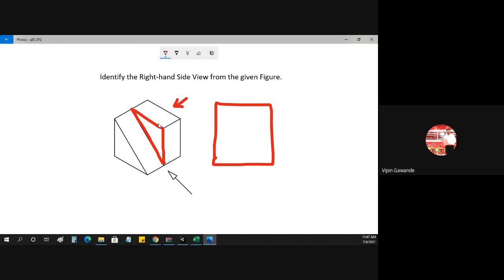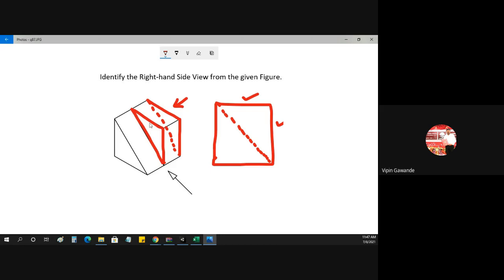Now we have to transfer this triangle onto this surface here. So one line, this line gets transferred here, another line, this gets transferred here. Now two lines come on the boundary. Boundary lines are always dark. Do not make them dotted. Now this is the third line, which is coming inside the surface. So this line you have to draw with a dotted line, because this is coming in the middle of the surface.